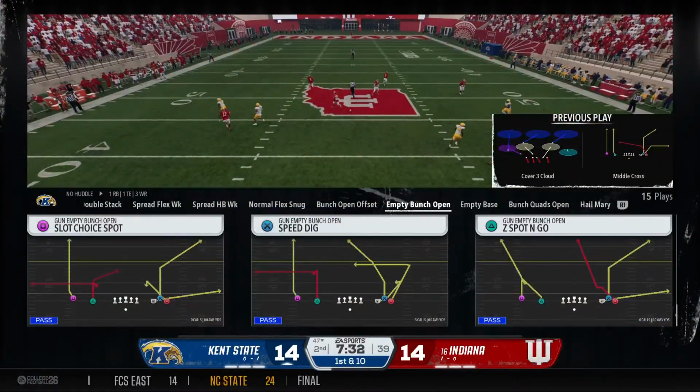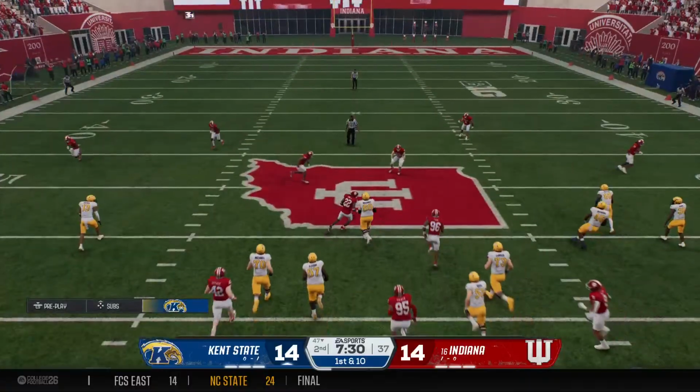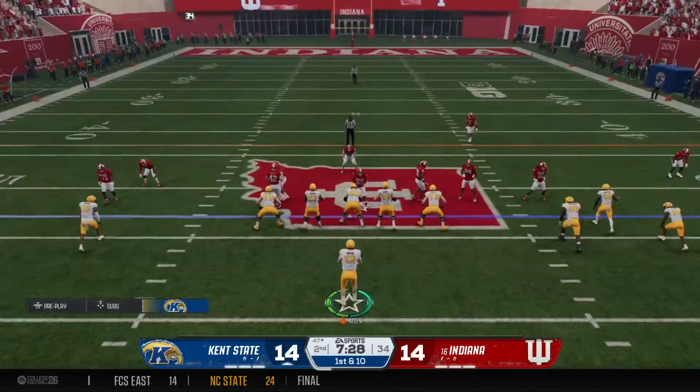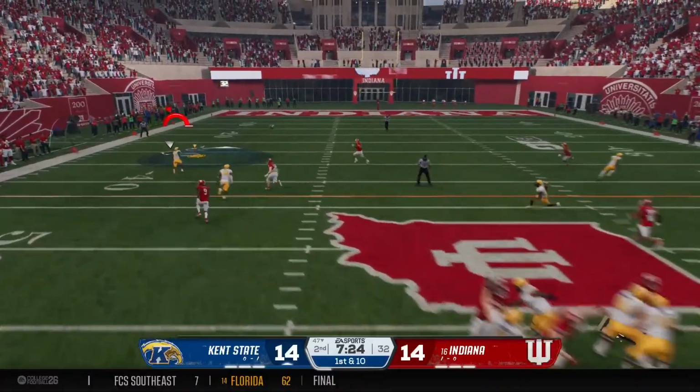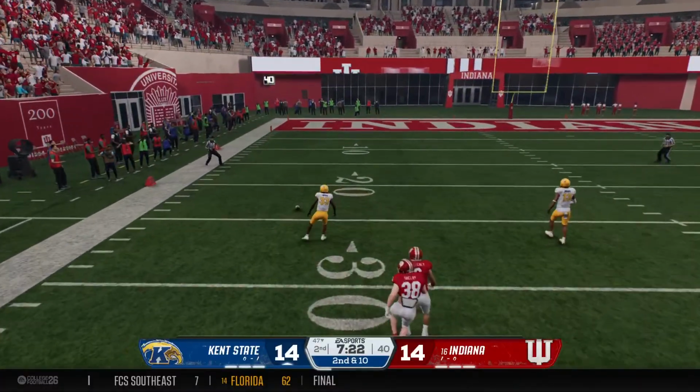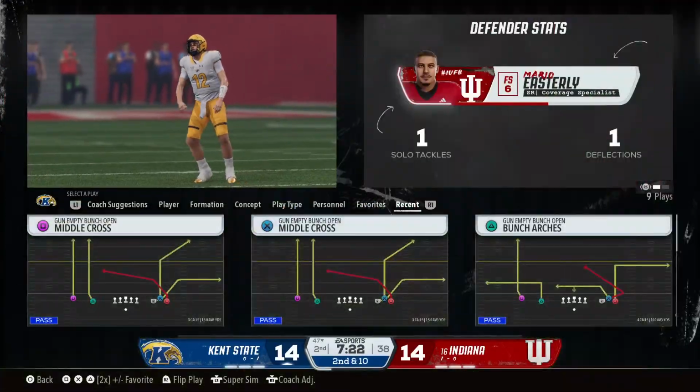Man, this offense is so dangerous, Reese. They've got dudes all over the field that can make plays. There's a big gainer in the pass game. You get a chunk of yards like that, and now the defense is really on its heels. And they won't be able to connect downfield, looking for